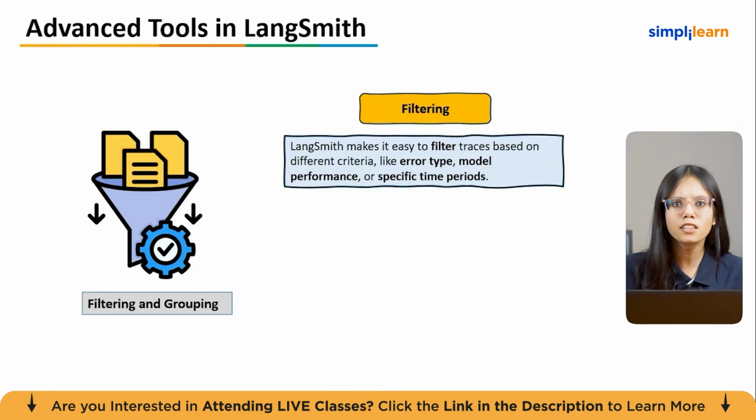You can group traces together to get a clear overview of how your models are performing in different scenarios, like comparing prompt chains or evaluating different model versions. These features allow you to gain performance insights quickly. Instead of sifting through endless logs, you can focus on the data that's most important, saving your effort and your